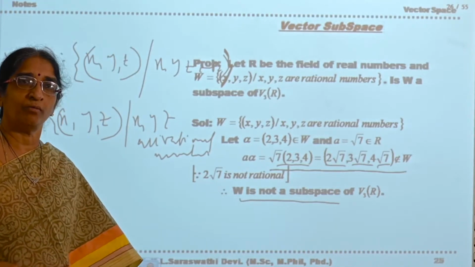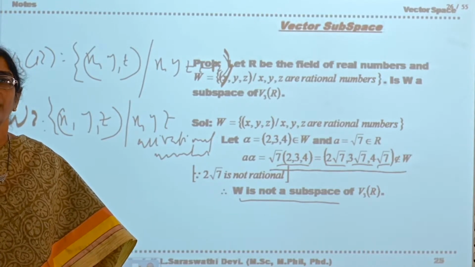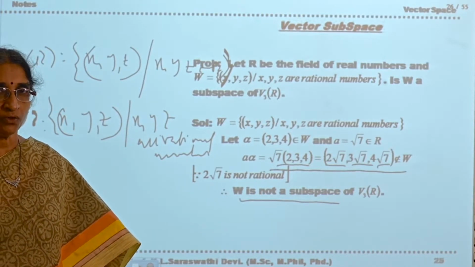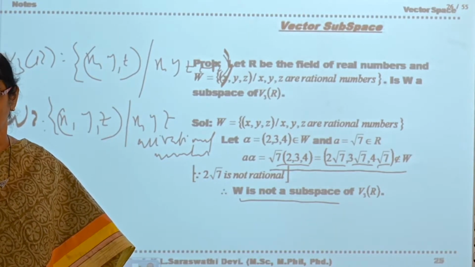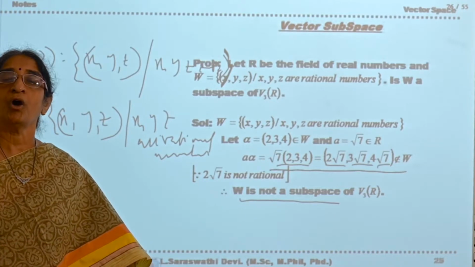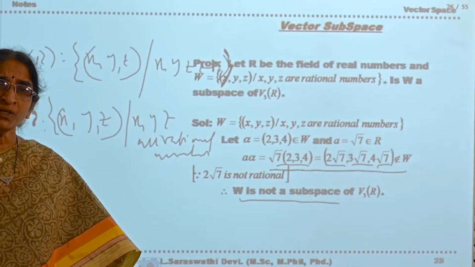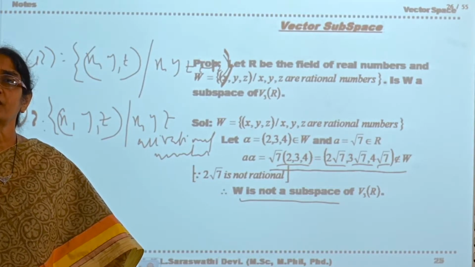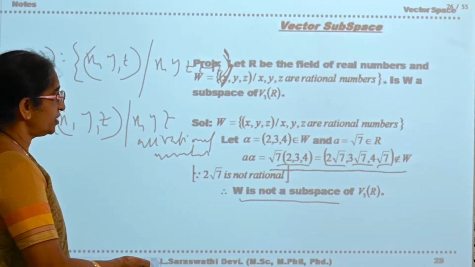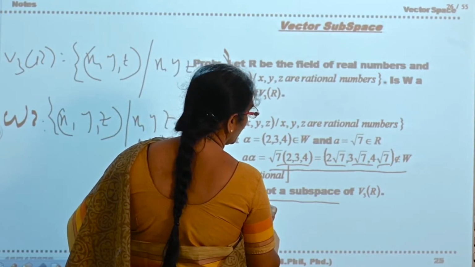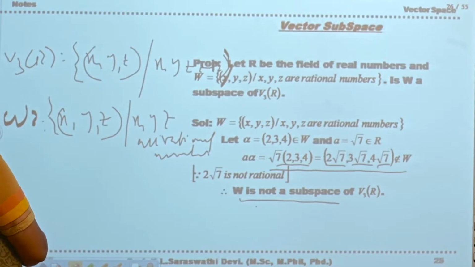In the previous two problems, you have used the general form of the necessary and sufficient condition. That is, for alpha, beta belonging to W, there exist a, b belonging to F such that a alpha plus b beta belongs to W. Here in this problem, you have used the necessary and sufficient condition that W is a subspace if and only if it is closed with respect to vector addition and scalar multiplication. But here you are able to say that in this problem, it is not closed with respect to scalar multiplication. Therefore, it is not a subspace.